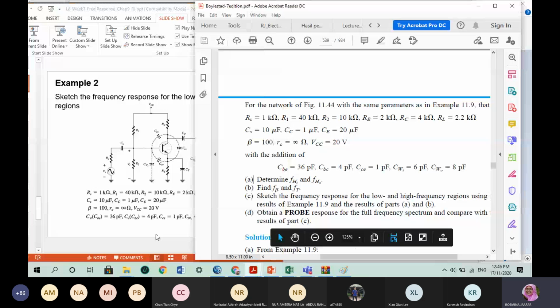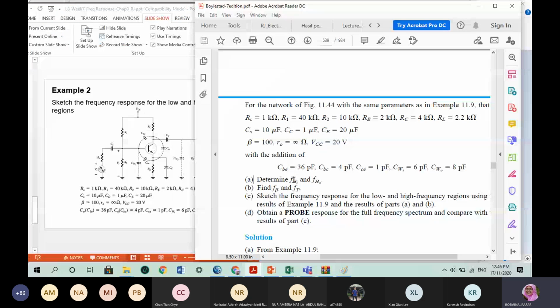So you're given the values of 6 picofarad, 8 picofarad. We want to find FHI and FHO. But FHI is due to the CS, due to the CW and so on. So many values, so you have to calculate. And to determine the FH, due to influences from the many capacitances present, you can